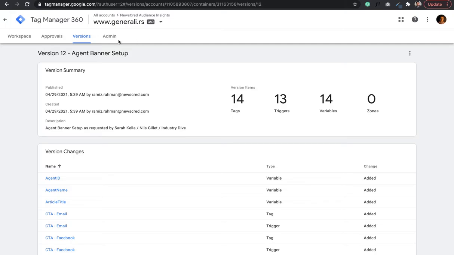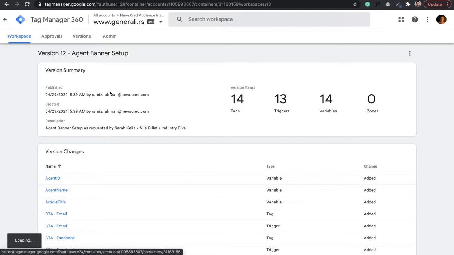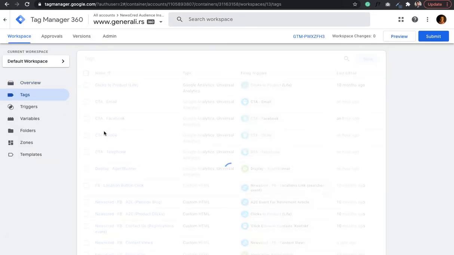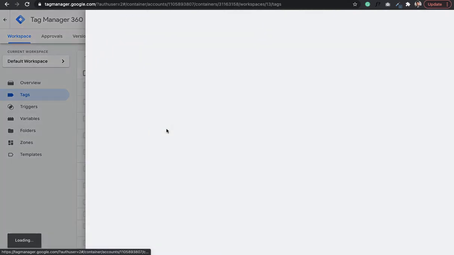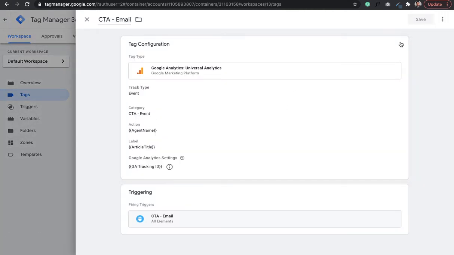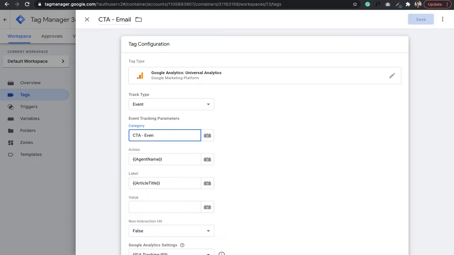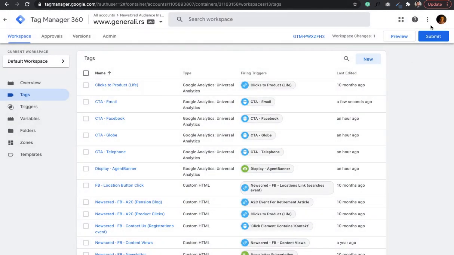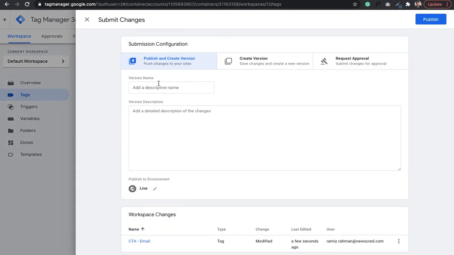So I think we made a mistake while setting up our tags, setting up the email tag in particular. See, CT event should have been CT email. Honest to goodness mistake. That's why you should always test things out and ensure that